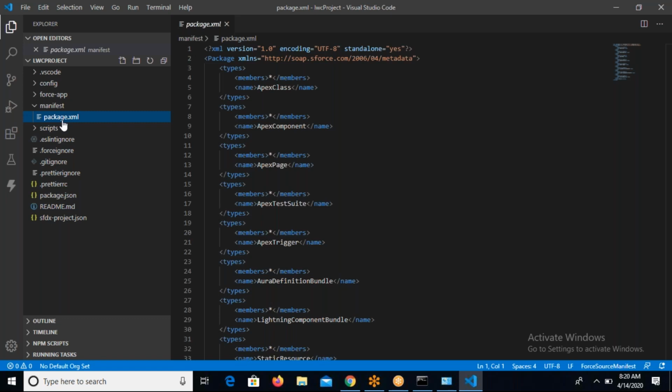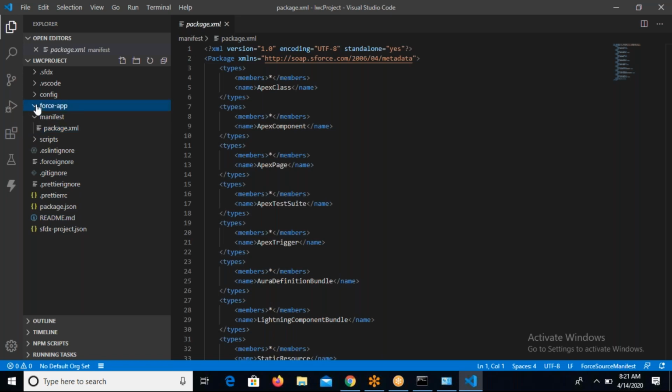If you want to retrieve all of them, you can retrieve that with the help of package.xml. If you use the regular create project command, you don't get this manifest stuff, you don't get this package.xml. And for that reason we are going with the manifest and package.xml. So yep, to go ahead,